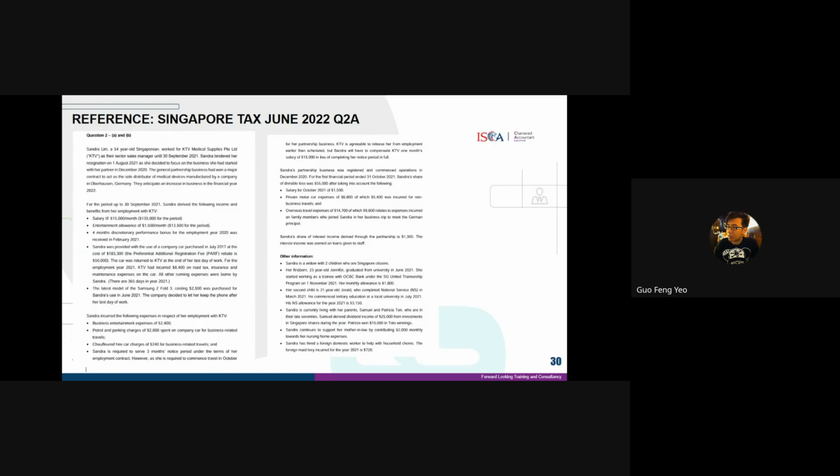The next portion will be information with respect to her partnership. Sandra's partnership business was registered and commenced operations in December 2020. For the first financial period ended 31 October 2021, Sandra's share of the divisible loss was $55,000 after taking into account the following. Salary for the October 2021 of $1,500, private motorcar expenses of $6,800, of which $5,400 was incurred for non-business travels,